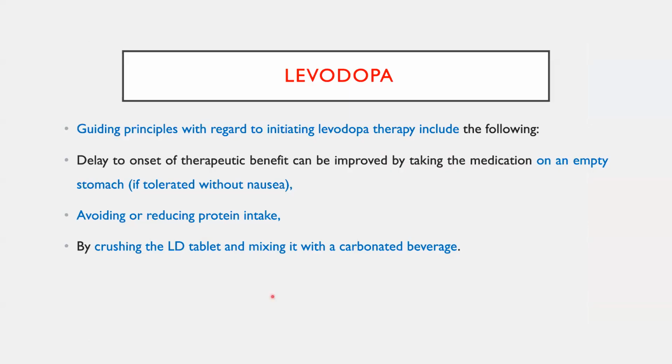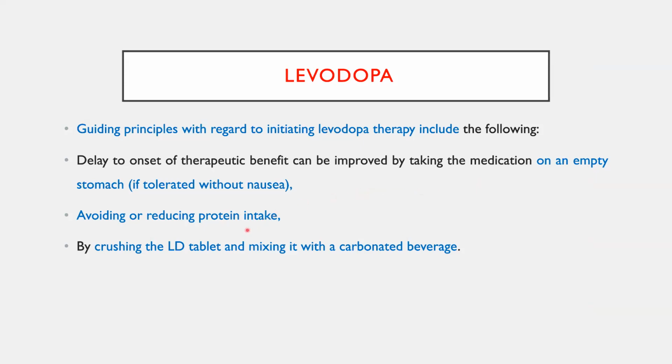So coming to the drugs. Most commonly we use levodopa in our clinical setting, so you should know the details about the drug. Better you advise the patient to take it on an empty stomach, because levodopa is a protein preparation. If you give it along with food, there will be decreased efficacy or absorption. If the patient is tolerating, give it on an empty stomach only. If the patient is having very severe nausea and vomiting, in that setting you can tell the patient to take it after food only.